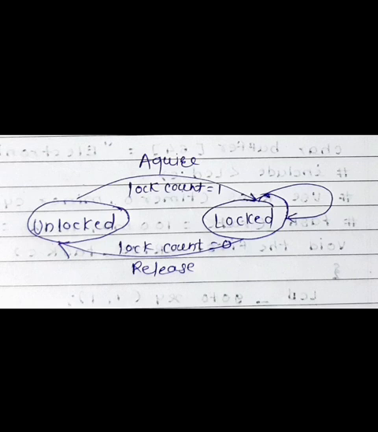First one is disabling the scheduler, disabling the interrupts, test and set operation, or using the semaphore. The first one is disabling the scheduler. As you know, the scheduler does the task switching. If the scheduler itself is disabled, the currently running task can be completed. It works as a shared resource. An excellent idea, but a very dangerous idea too.